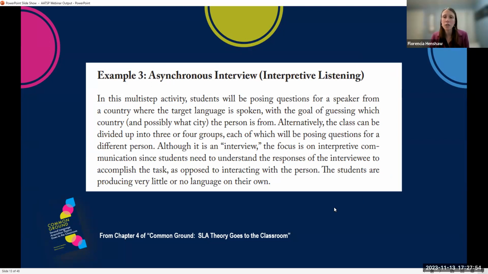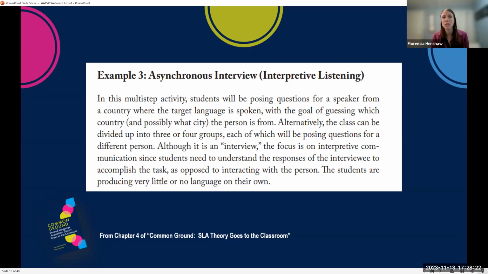This one is an asynchronous interview. So in this case, you will be the whole example. I'm just giving you the blurb, but the full example is developed in Common Ground. So the students are given the questions or choosing from a series of questions. So again, they're choosing from, that means they're demonstrating which question, understanding which question they want to ask. All they're doing is reading that question out loud, they're recording it, and then the interviewer is the one recording